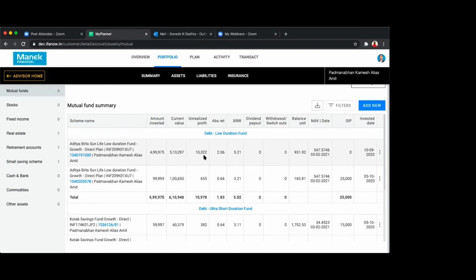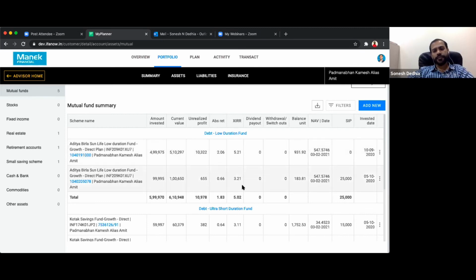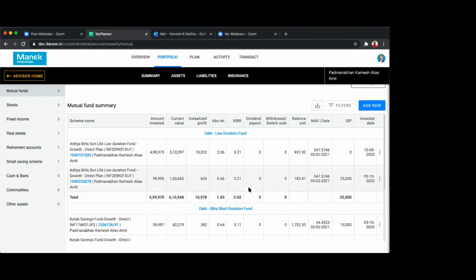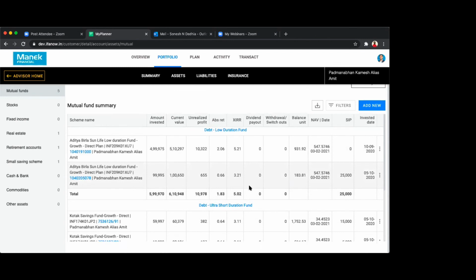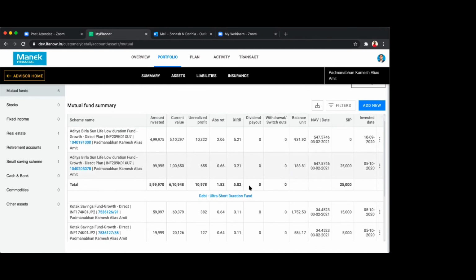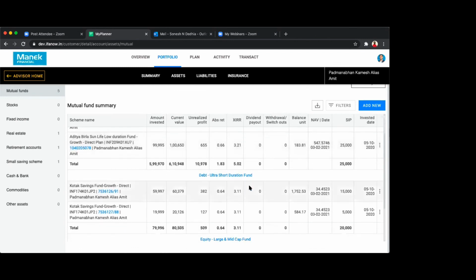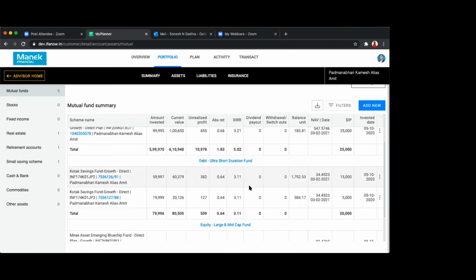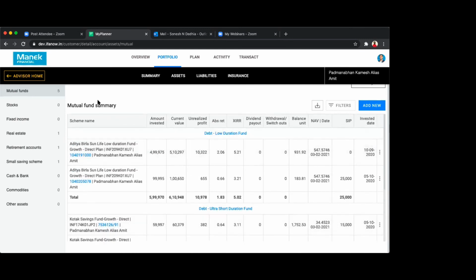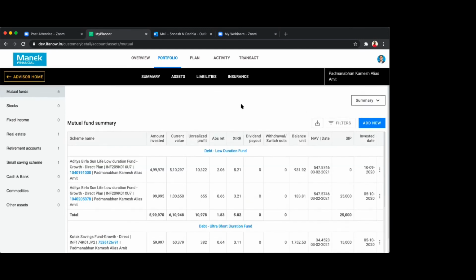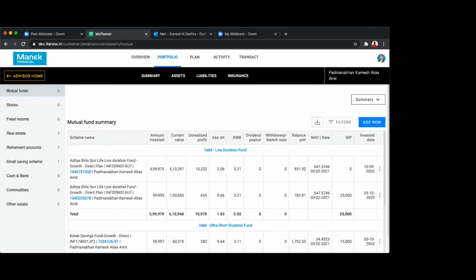That part is missing. And secondly, sometimes you have invested 25 lakh rupees originally, then you have made switches, switch in, switch out. Whenever you want to see the actual investments, you will not come to know the original actual investments. Here it is total investment, but what was the actual investment? That is also missing.